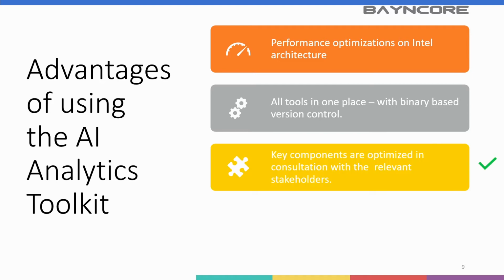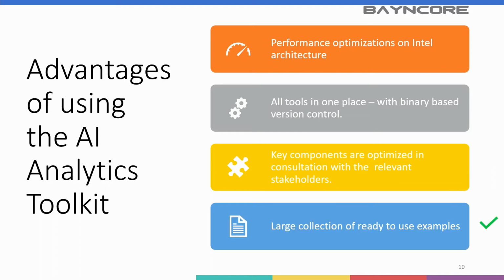Thirdly, many of the components in the toolkit have been optimized with reference to the key stakeholders. So, for example, Intel have worked closely with Google and Facebook in their optimization work of TensorFlow and PyTorch. And lastly, within the toolkit, there is a large ready-to-use set of examples that will help you quickly experience AI